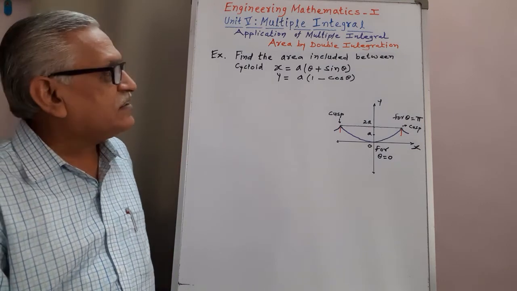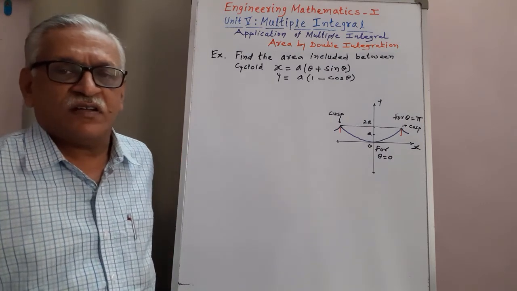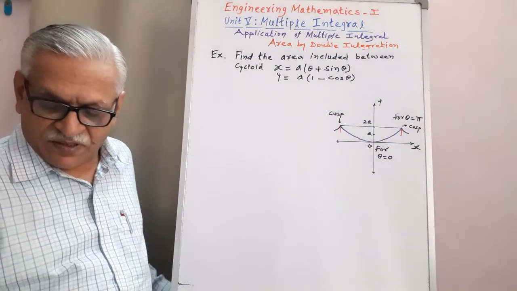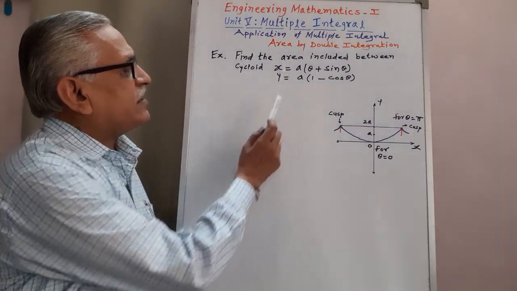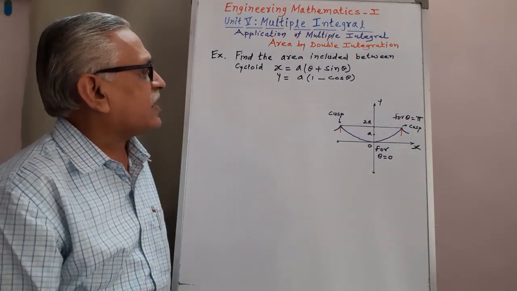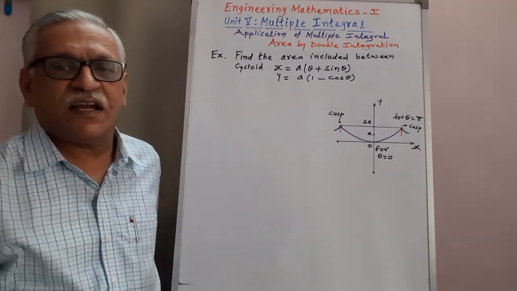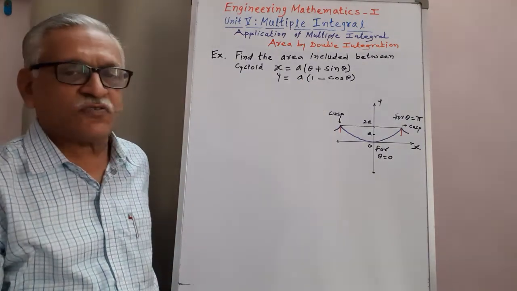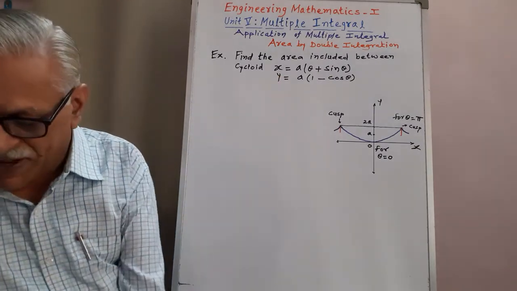In this video, I will discuss how to find the area of a parametric curve. Example: find the area included between the cycloid x equals a(theta plus sin theta) and y equals a into (1 minus cos theta). This is the equation of that cycloid. Therefore, applying the knowledge of